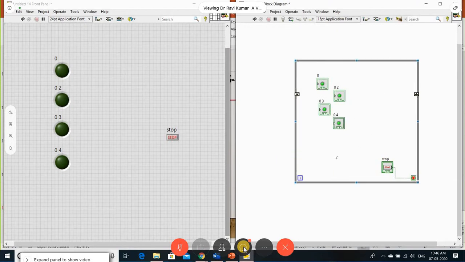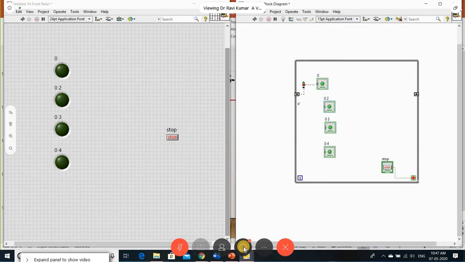Okay. So whatever value I give here as the present value, in the next iteration it comes to this value. For that, I connected it to the first LED. Let me see what is happening here. Don't worry that it is showing as a broken wire, because by default it is taken as numeric until I initialize the value of the shift register.